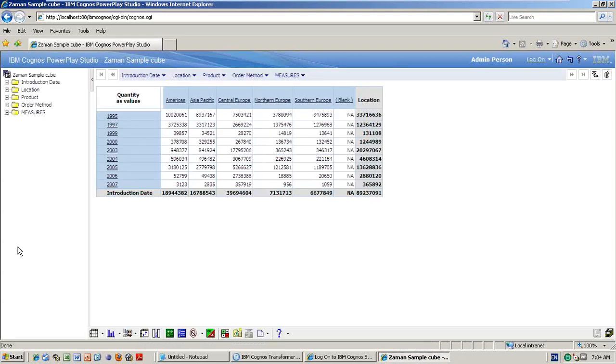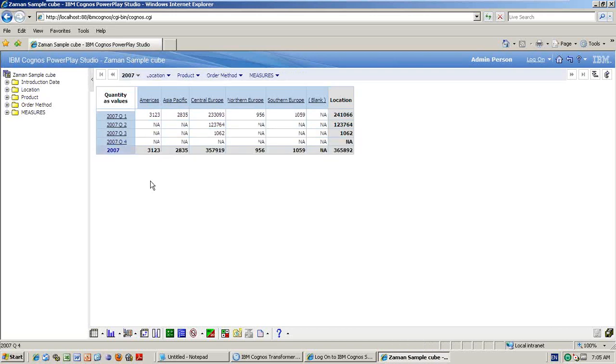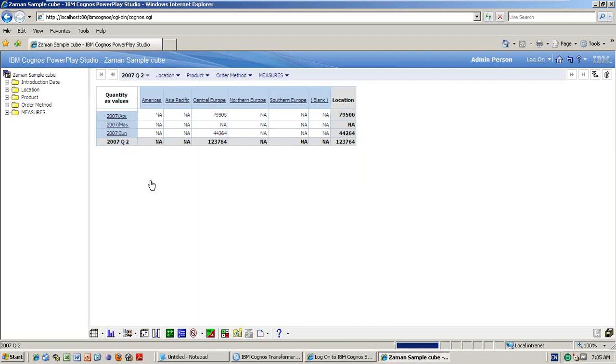You see now, by default what will come? The first, introduction date we drag, right? It came, and location automatically comes here. Okay. If I see, the data is available up to 2007 only in our database. So up to 2007 the cube is built. So if we double click 2007, what will happen? The quarters. Next Q2 means it will come in the months. So automatically, you are not doing anything, it will automatically create.